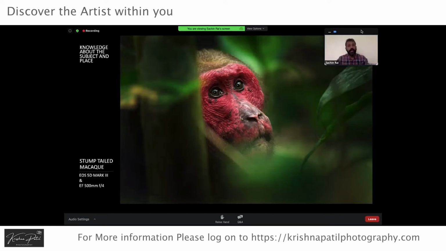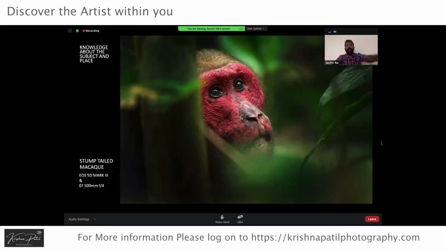This is an extremely rare monkey called a stump-tailed macaque. Now this is found only in very few parts of India, in the east of India. It's also found in some parts of Southeast Asia, but within India it's very uncommon. It's uncommon in Southeast Asia also, but this was shot in Assam. A small place given by the sanctuary, and there are only two troops of these animals. Each troop is around 80, 90 animals, and these guys are canopy dwellers, which means they sleep on top of